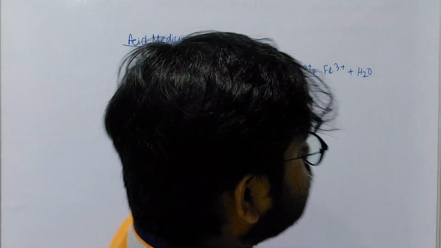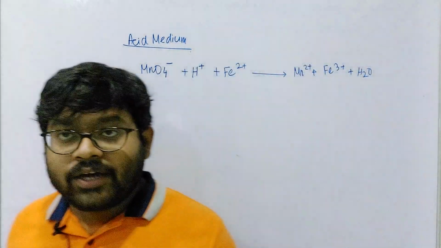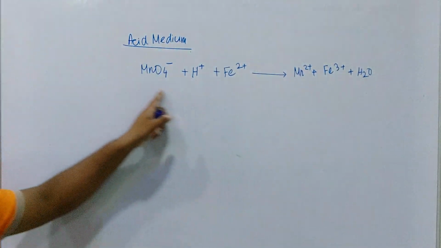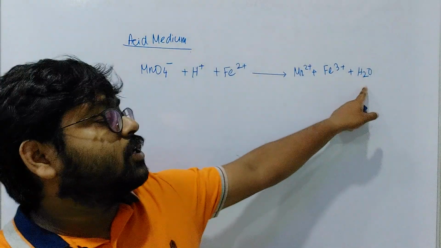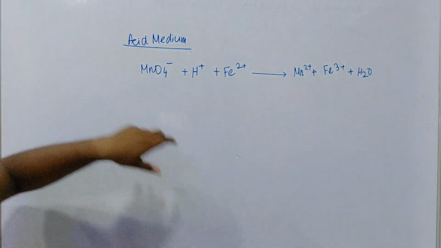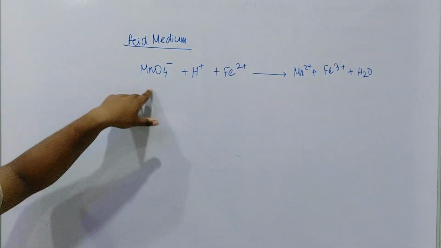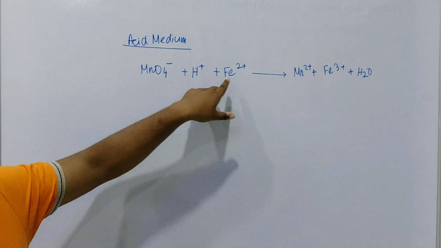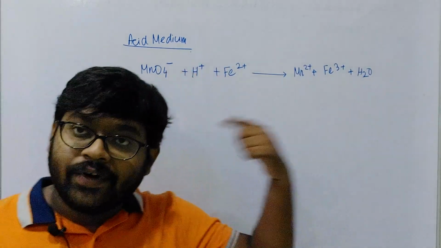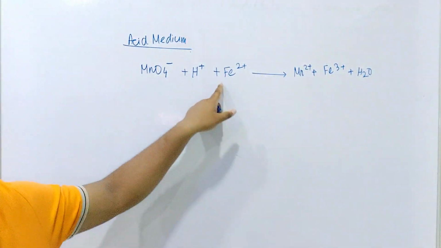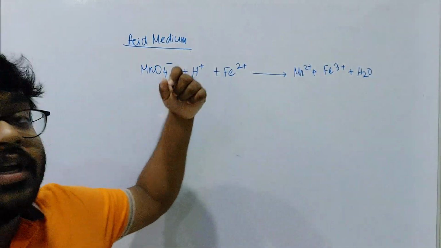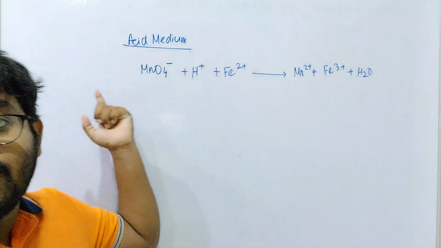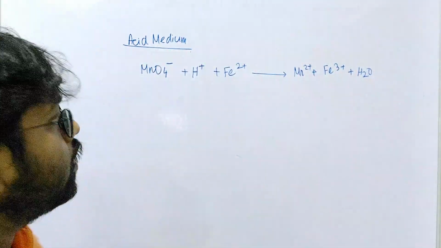Now remember, this is not a regular equation, it's an ionic equation. The equation has been converted into an ionic form. Basically it is potassium permanganate KMnO4. This was an acid, either HCl or H2SO4. This is iron. Iron means it is not just Fe2+, it is a salt of iron, whether it is ferric chloride, ferrous chloride or ferrous sulfate. So this is the ionic equation of that chemical reaction.